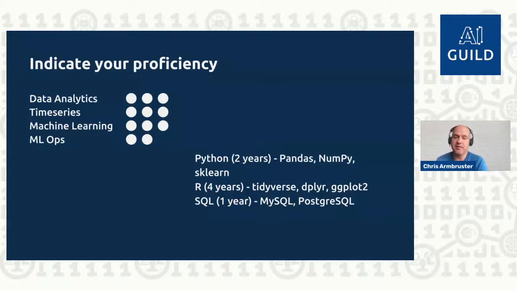Now, if it says Python 2 years, this doesn't necessarily mean 2 times 365 days, but it does mean that you have been a regular user. Now, there is some scope in defining regular. So this can be daily, it can be weekly. For some stuff, it can only be perhaps bi-weekly. But if it's only on a monthly basis, like 1 day a month, then probably no, you're not a regular user, and then no, you can't reasonably claim that you've been using Python for 2